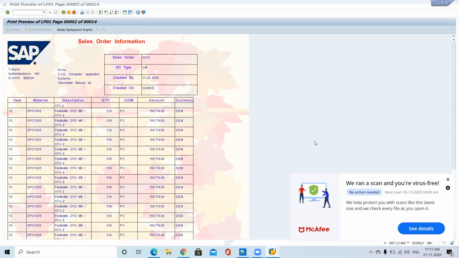I just need only the material details. Because if you use this space for printing the item information, then you can reduce the number of pages. Now it's 14. So we can utilize this space if we remove this information, so that it is a continuation of the existing page. In the first page, we need the full format. From the second page onwards, these details are not required. I need only the item details, how many items are there in the particular sales order.